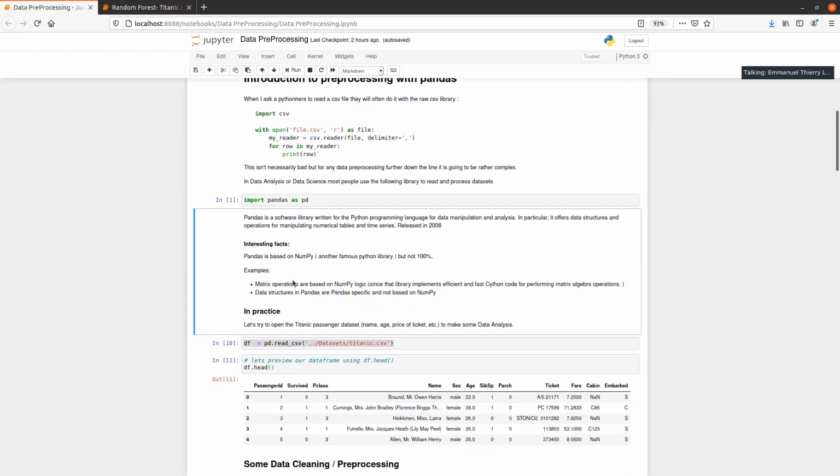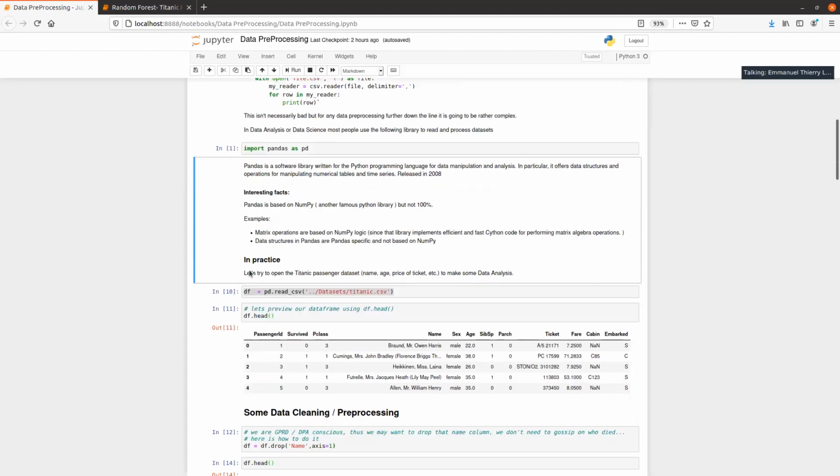So in practice, throughout this little example, we'll try to analyze one of the famous datasets that we have, called the Titanic passenger dataset, to make the case here. With this line of code, you can see that it's really easy to read a dataset with Pandas.